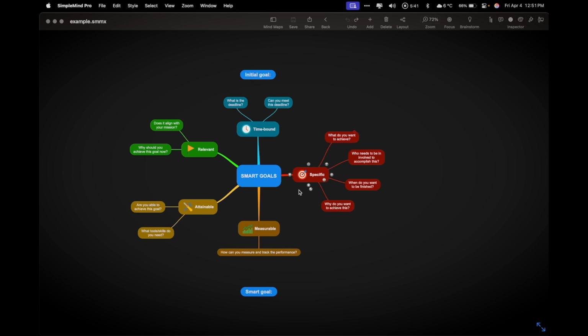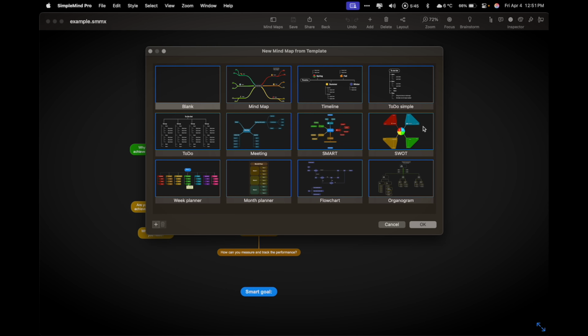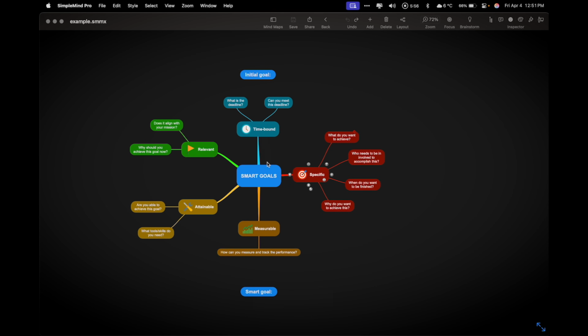And what I've done here is I've just opened up a new project. So if you want to open up a new project, you just go File, New Mind Map, for instance, and you have a choice of all of these different mind map types, depending on your visual preference. The one that I'm currently using is called Smart, and when you open a new one, it just kind of gives you a template. So you've got your core idea in the middle, this one that says Smart Goals, and